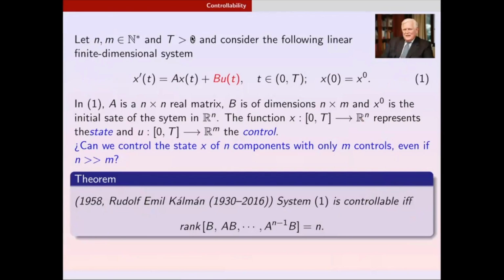When the rank is less than n, you can say that the system is not controllable, but you can say more. If you compute the rank and you get n minus 1, you will say, well, the system is not controllable, but only 1 dimension is missing. All the components of the system are controllable except for 1. But when the rank is n minus 10, you will say, well, bad news. Out of the n components of the system, n minus 10 are controllable, but 10 of them